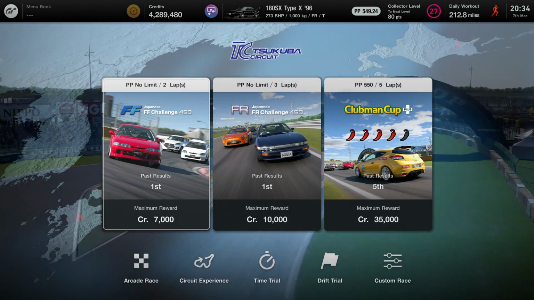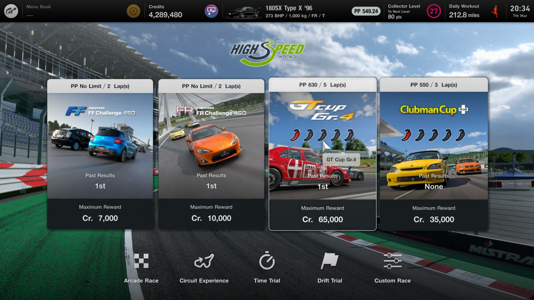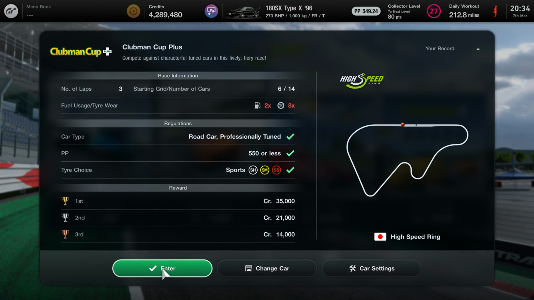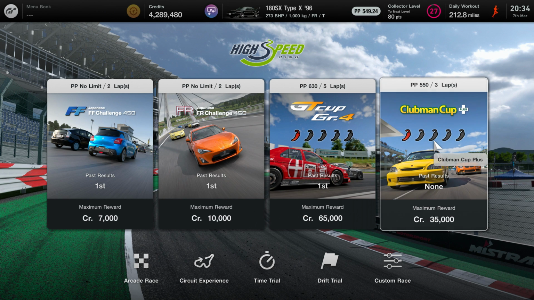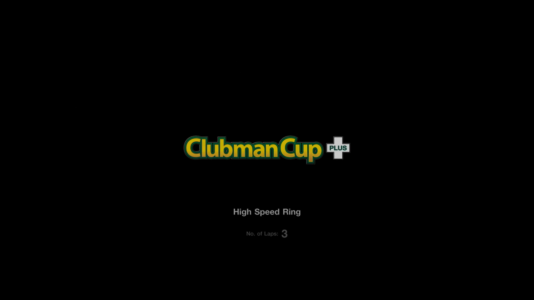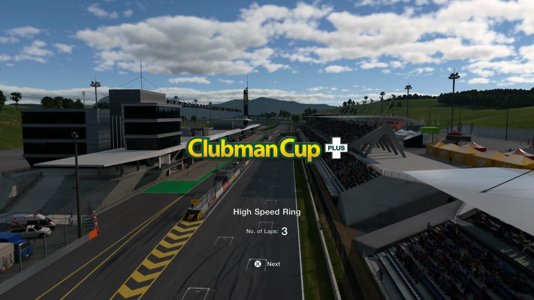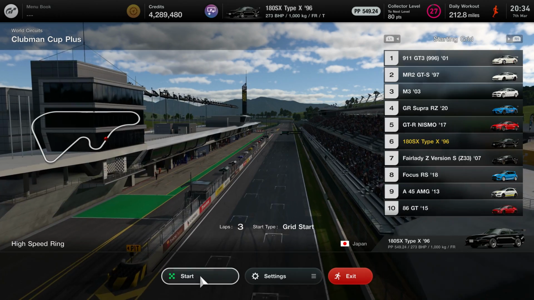I might not have enough power for the high-speed ring. But we're going to give it a try. I mean, the difficulty is much less on this. I don't quite know how it measures the difficulty of these races compared to, like, the normal races. No clue. I hope we don't have the Mercedes. The insane Beetle is one thing, but that Merc was an absolute monster down these straights, so...